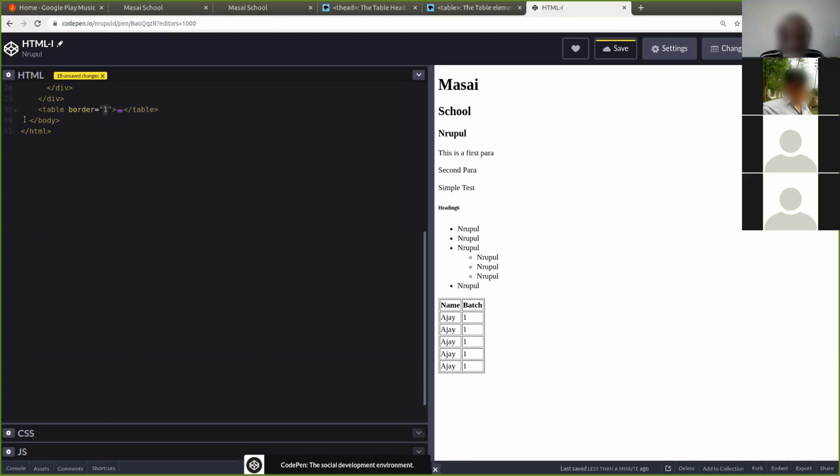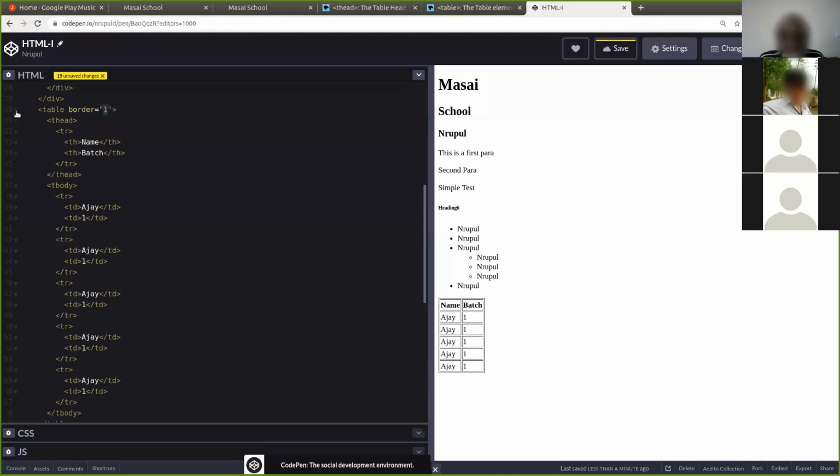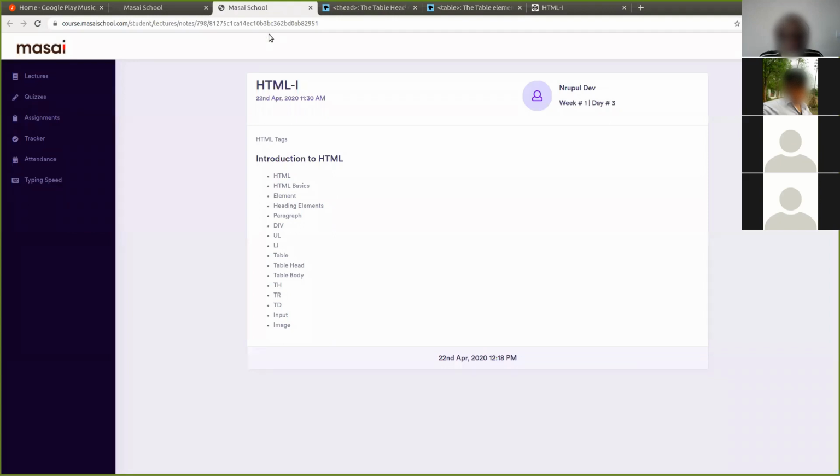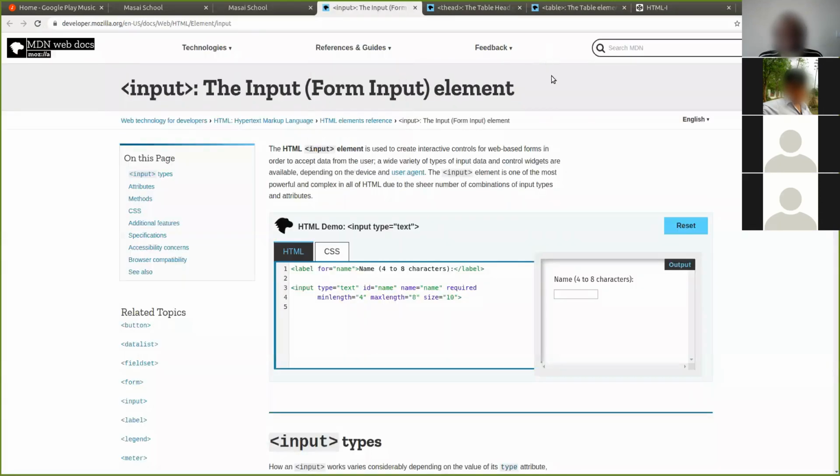Okay, so again, this will change based on the things which you write. So this is what we are trying to learn. Now, again, we'll get back to tables, but you need to understand that all the things we have looked at till now are for showcasing it to the user.